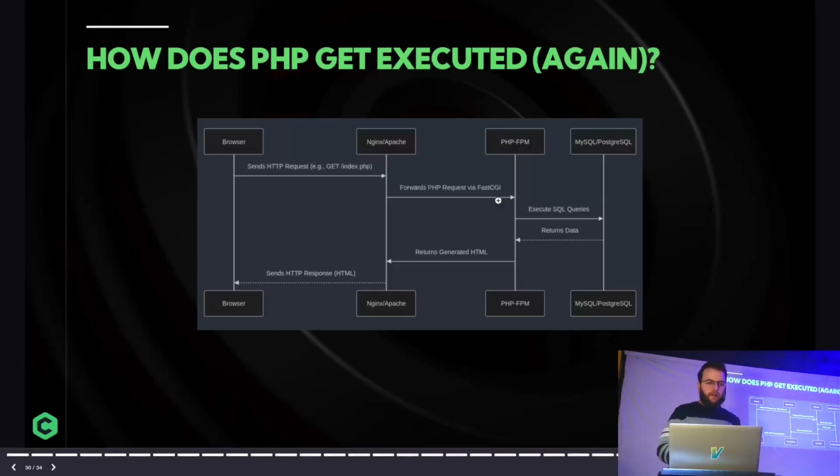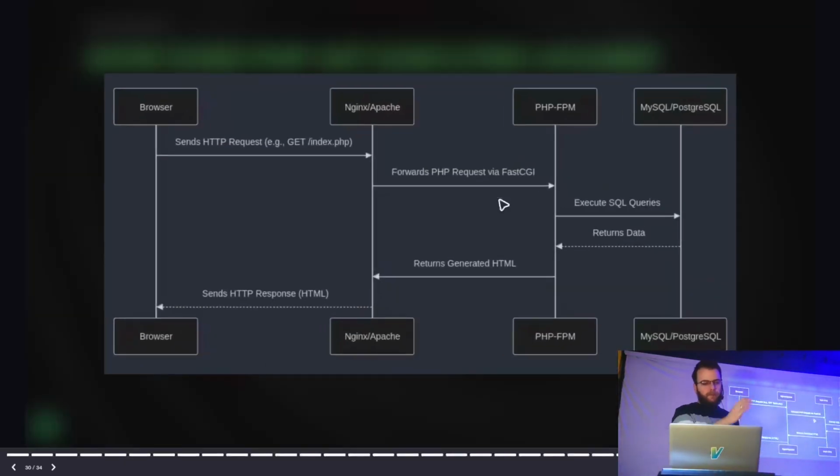So, how does PHP get executed again, right? We go into the browser, then to Nginx, and then to PHP FPM, and then into MySQL. So, what is the entry point of all of this? When does your application actually get the request? We said it's here, right? And theoretically,